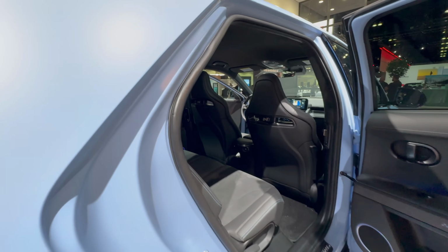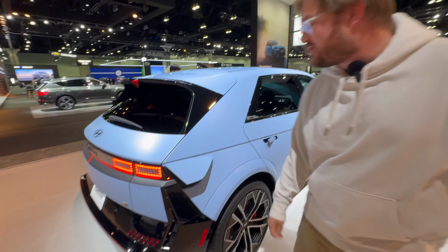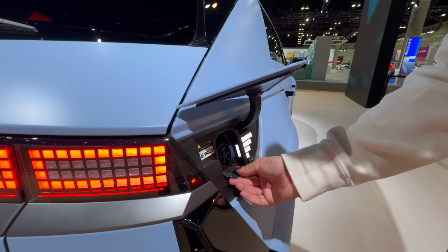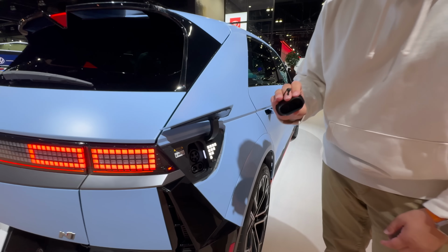Some interior trims seem to be redesigned. I'm not sure if it's technically considered a facelift for the car or not. Hyundai has already committed to using the North American charging standard, so we're going to see that here, of course. You have...